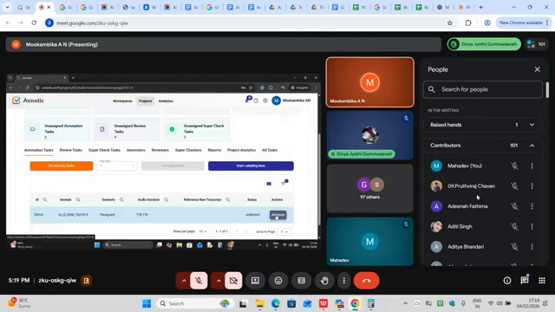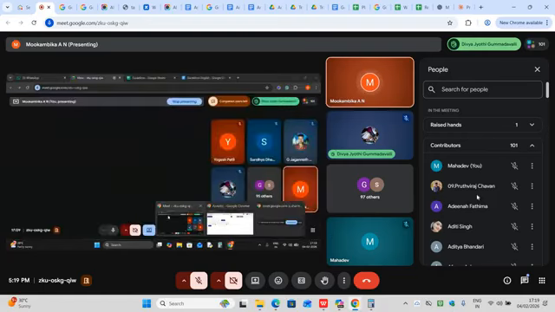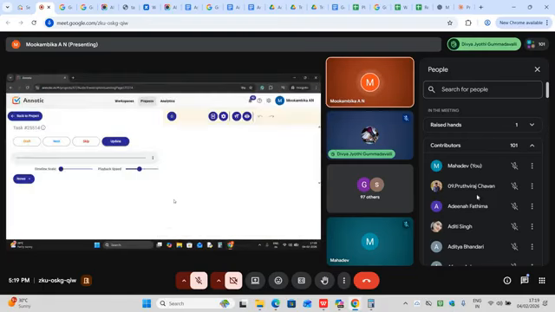So I'll click on the annotate button, where you can find a few buttons. What are those buttons? I'm just going to explain now. As of now, I'm in a call, right? So that's why it is a little bit slow. Otherwise, the tool will be faster.